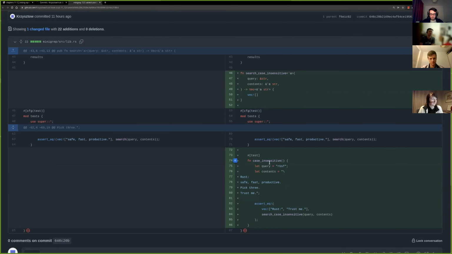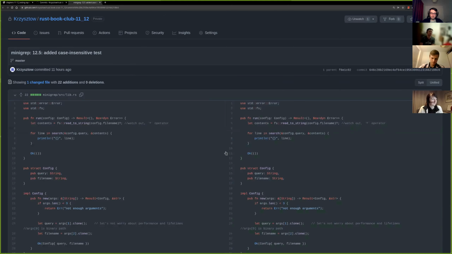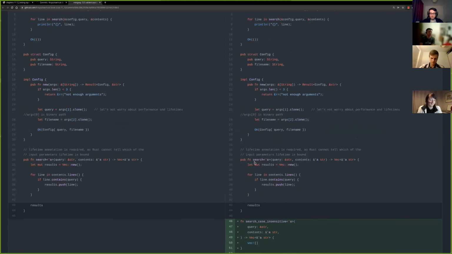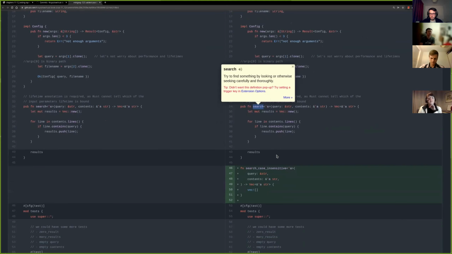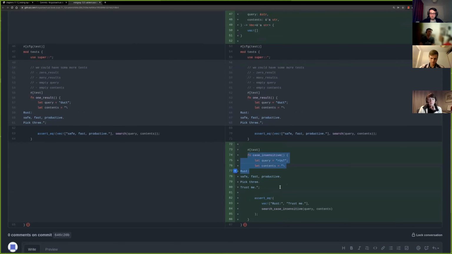For this, they introduced another function, the search_case_insensitive function, which does the same as the search function was doing. It's just that this time, when they invoke that function, the filtering of the lines should be